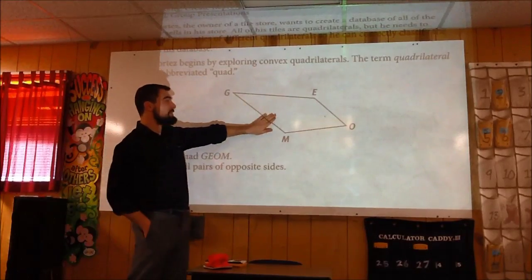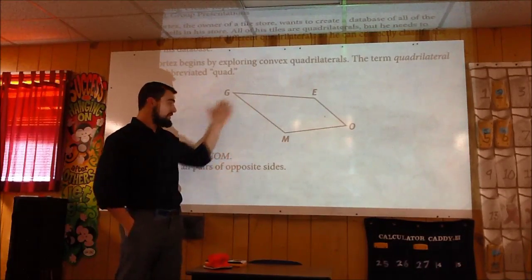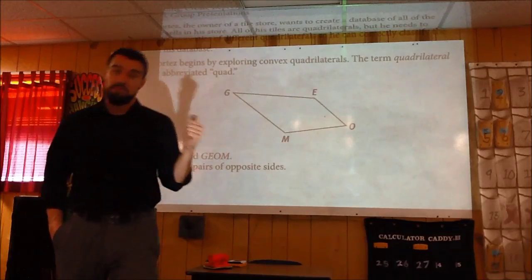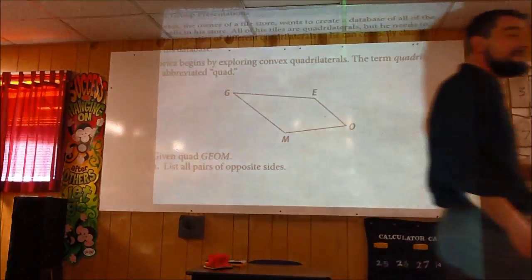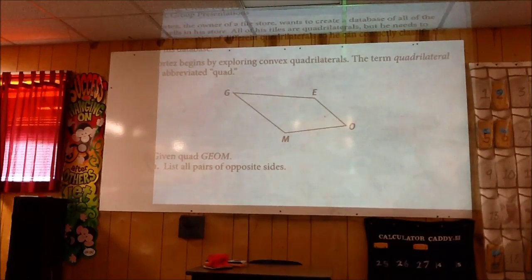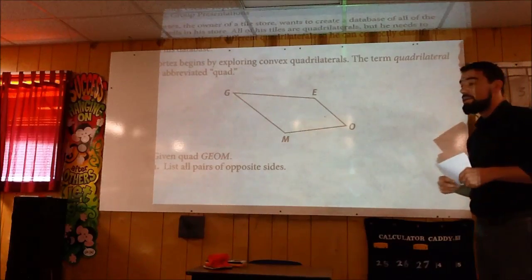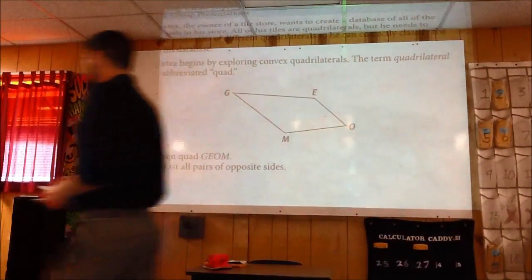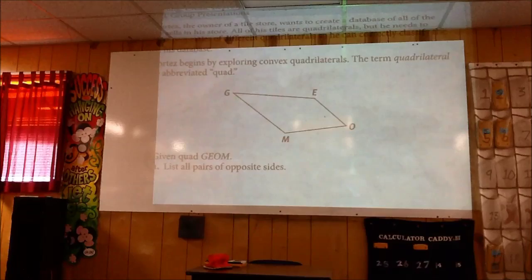So I want you on your piece of paper to draw a quadrilateral that looks similar to this, but make sure that you label the vertices the exact same, because we're going to start listing out these angles and these sides, and we all need to be on the same page. So then draw this quadrilateral. So in general,